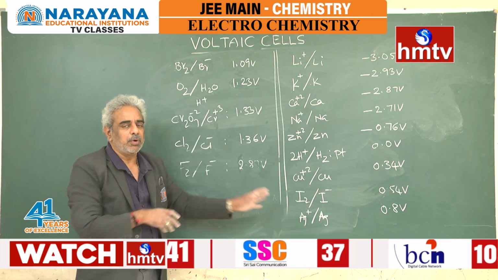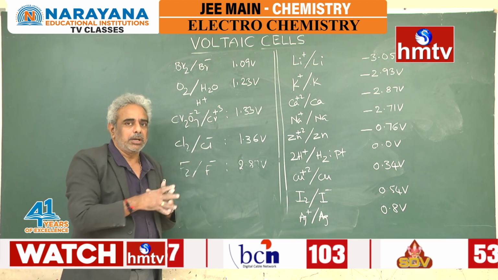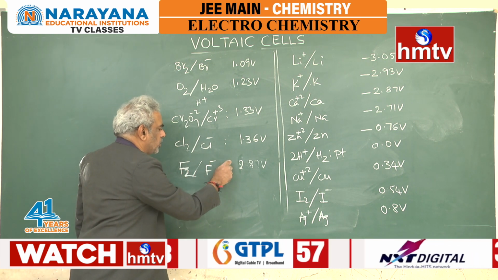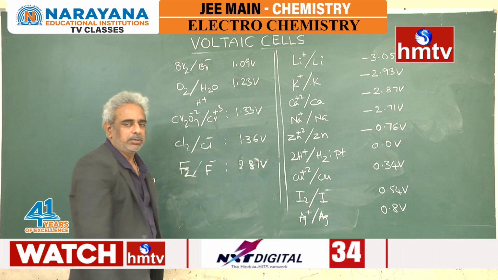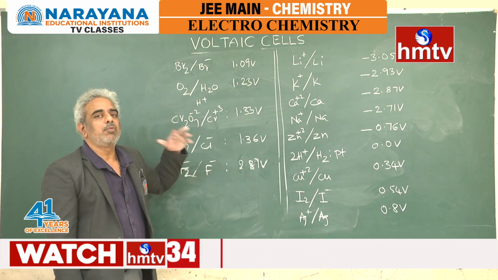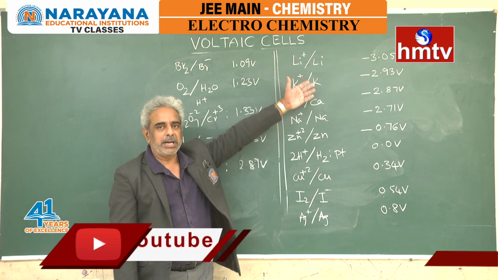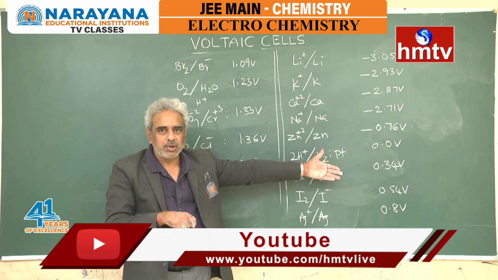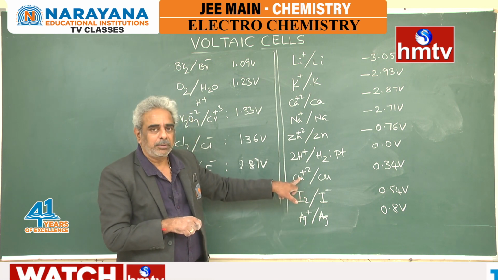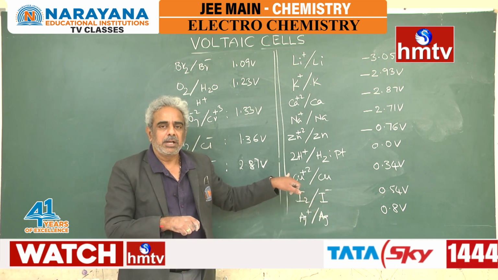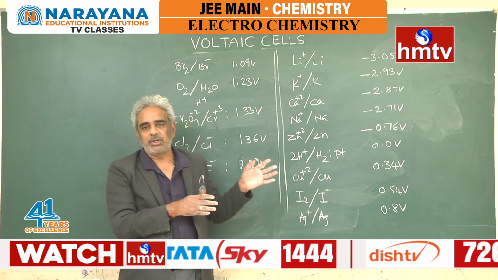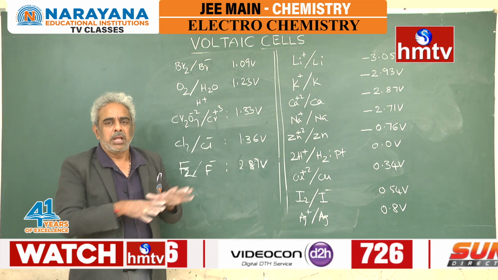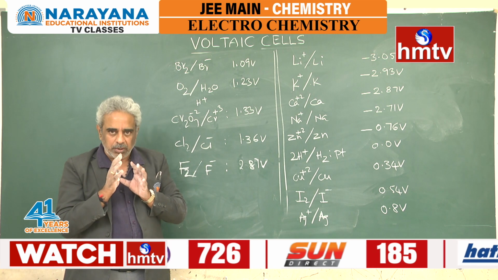What are all the features of this? What should we understand from this? It is a million dollar question. We should make many conclusions out of this. The fluorine electrode has got 2.87 volts potential. This is a positive value. So, what can we conclude? Above hydrogen there are negative values, below hydrogen these are positive values, and some electrodes have high values, some low values. You take two metals, silver and copper. Silver metal has got 0.8, copper metal has got 0.34; both are metals, both have positive values. Here both are metals only, both have negative values. What should we understand? The features of the electrochemical series we have to understand.